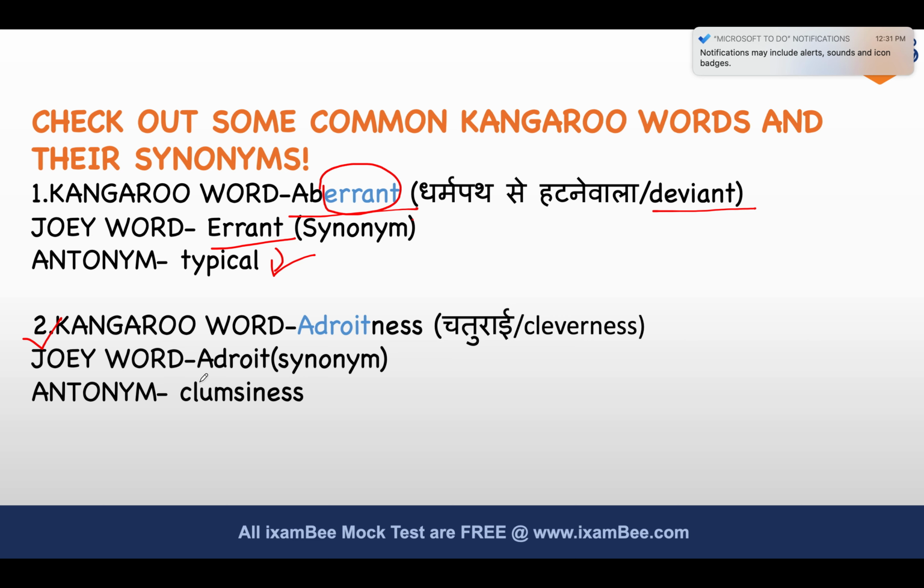What's our second word? Our second word is adroitness. Now the word adroitness means to be very, very clever, to be an expert, right, in whatever you do. So very clever, very smart, an expert. Now again, see, the synonym is hidden in the word. Adroit is a synonym of the word adroitness. So if you remember the word adroitness, you will be able to remember that adroit is a synonym of it. What is the antonym? The antonym is